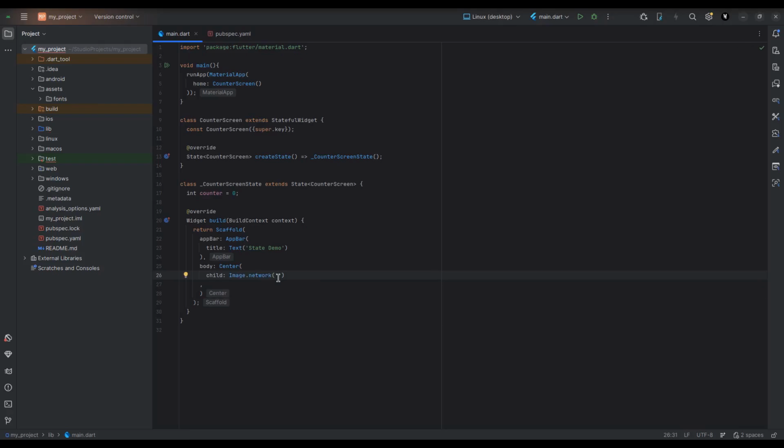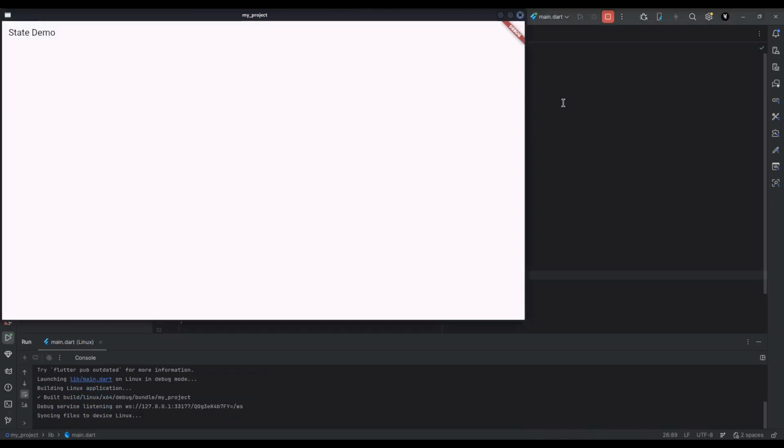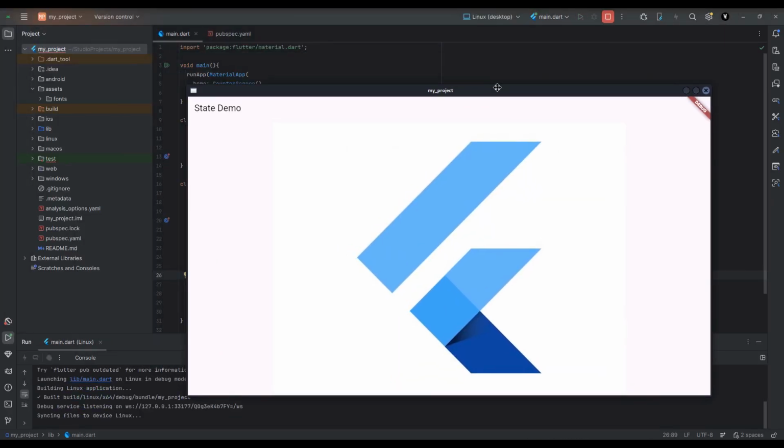Inside Image.network, you need to pass a source. Your source will usually be a URL of an image that's hosted somewhere online. So if you Google something, you can right click on it, click open in a new tab, and copy the URL to get that image address. I've simply Googled the logo for Flutter and copied its image address, and I'll paste it here. So it looks something like this. And now when we run the app, you can see that the Flutter image that I copied from the internet